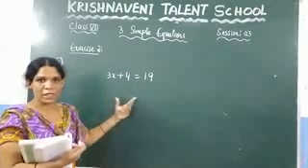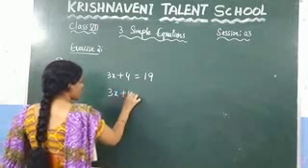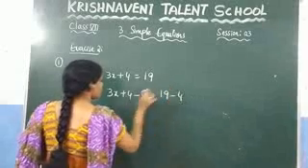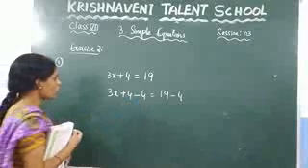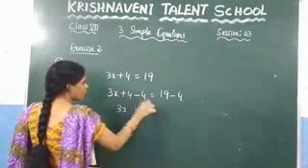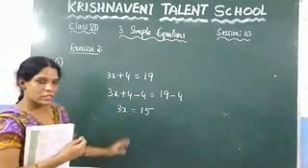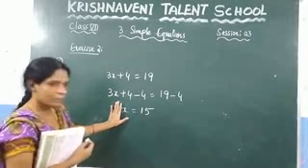You need to add minus 4. So add minus 4 here. What will we get? 3x plus 4 minus 4 is equal to 19 minus 4. So here again this 4 will get removed. So what you are getting here is 3x is equal to 15. Here again we need to find the value of the variable which is x. That means what we need to remove here? We need to remove here 3.